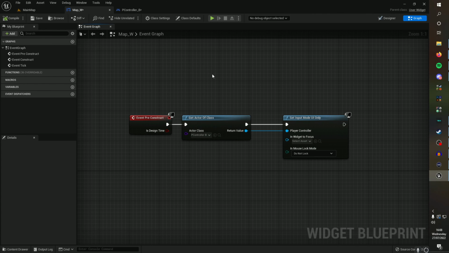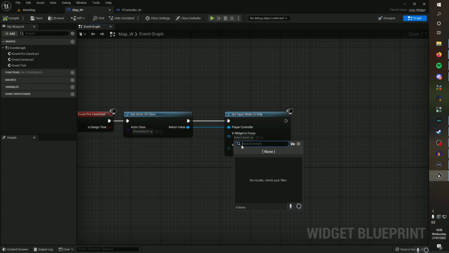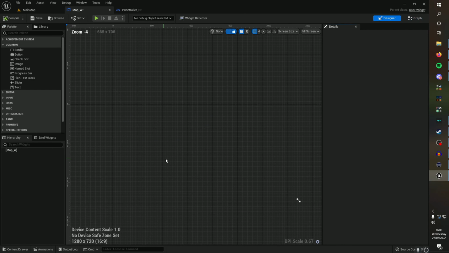That makes it input mode, which is really nice. So that's anything to focus, we don't need to do anything just yet. Now into the designer,